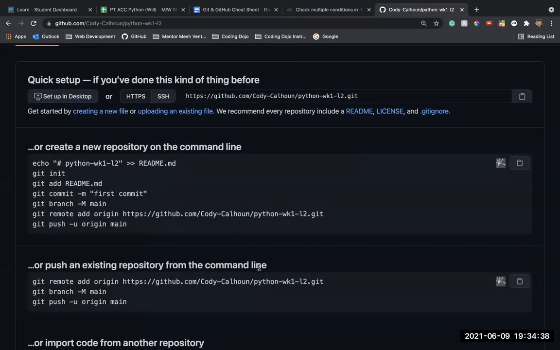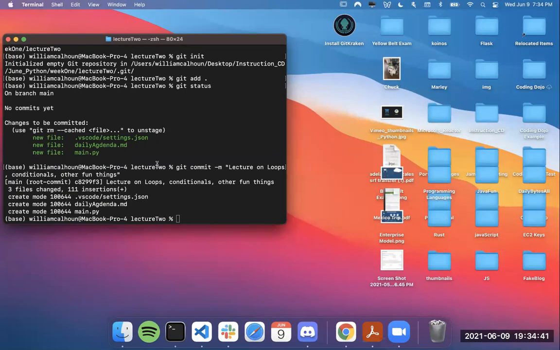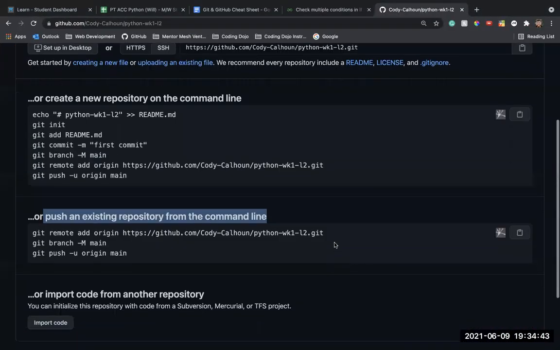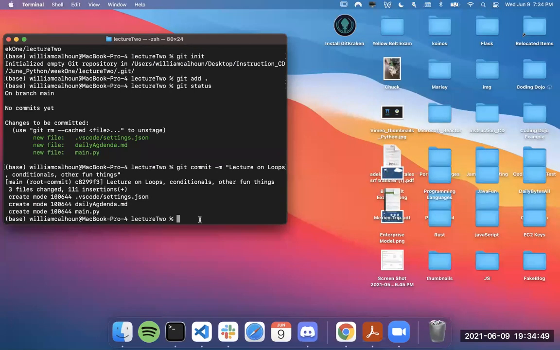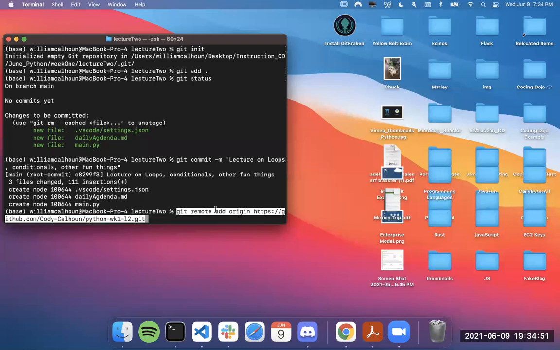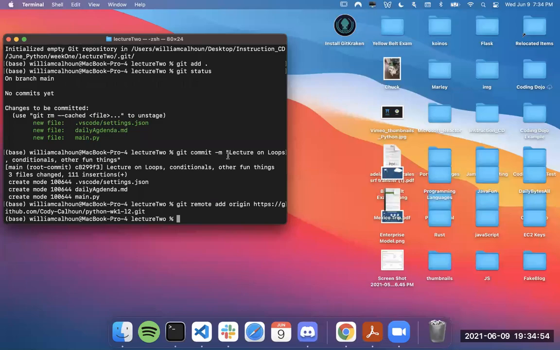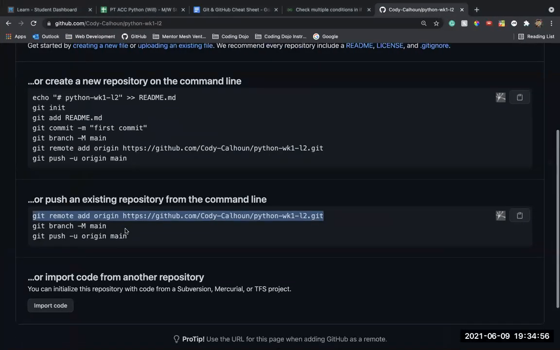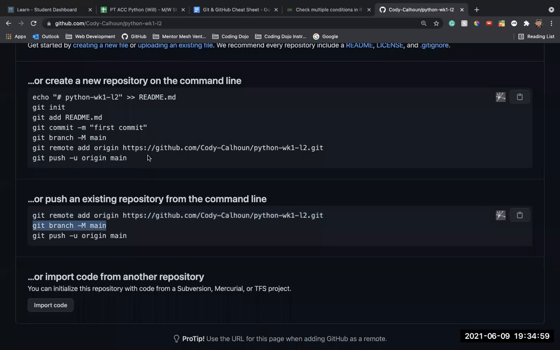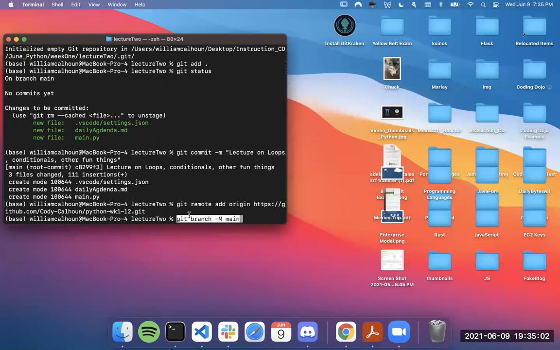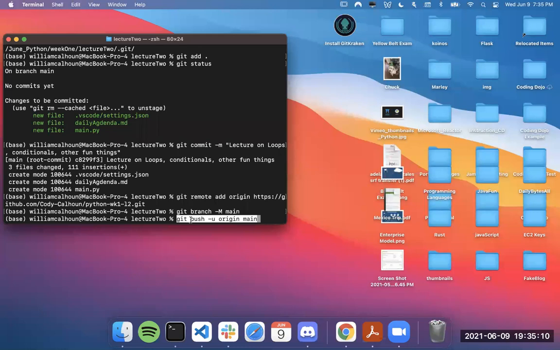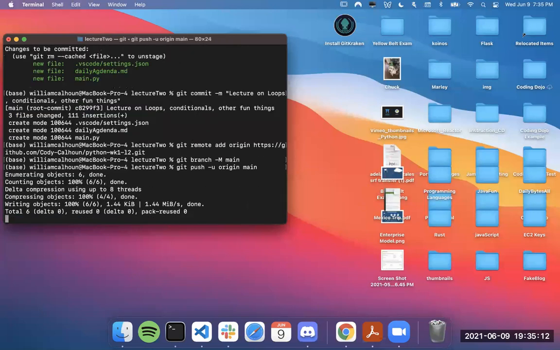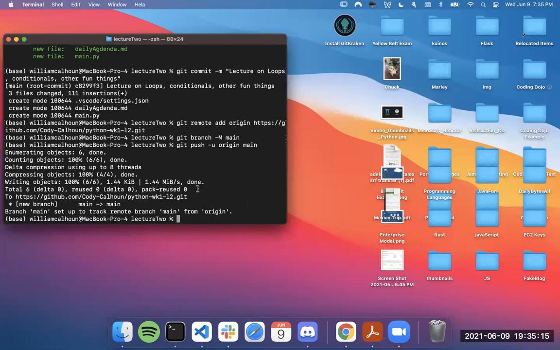Cool. So again, we've already created our repository on the command line. This is what we just did right here. So I just have to run these 3. It would behoove you to copy and paste this one. Now, the keyboard shortcuts do work on Mac. If you are on Windows, you might have to right click. Then I'm actually just going to copy and paste all this because it's literally easier. Push to origin main. Cool. So I've done it.